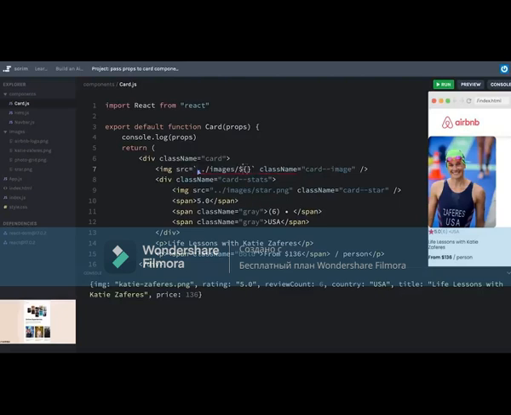Now, this is probably starting to get confusing. Inside of a template string, I can insert values by using $ curly braces, and that's where my props.image will go. However, I can't just put backticks surrounding everything here because that doesn't make sense in JSX. Now, this is the tricky part. If I surround the backticks, because they are a JavaScript expression, in curly braces, then suddenly this expression makes sense. I think this is probably the trickiest part of this challenge. I'm hoping it didn't frustrate anyone too much, but I totally understand if it did because it's a confusing back